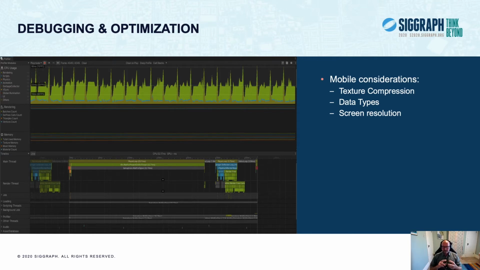I will say, so ETC2 is pretty universal across everything. And ASTC is getting pretty universal as well. And ASTC now also has much more prevalent support for some of the high dynamic range compression formats, which makes that really, really interesting looking forward. With respect to data representation, I definitely recommend you try to use lower precision data types where you can.